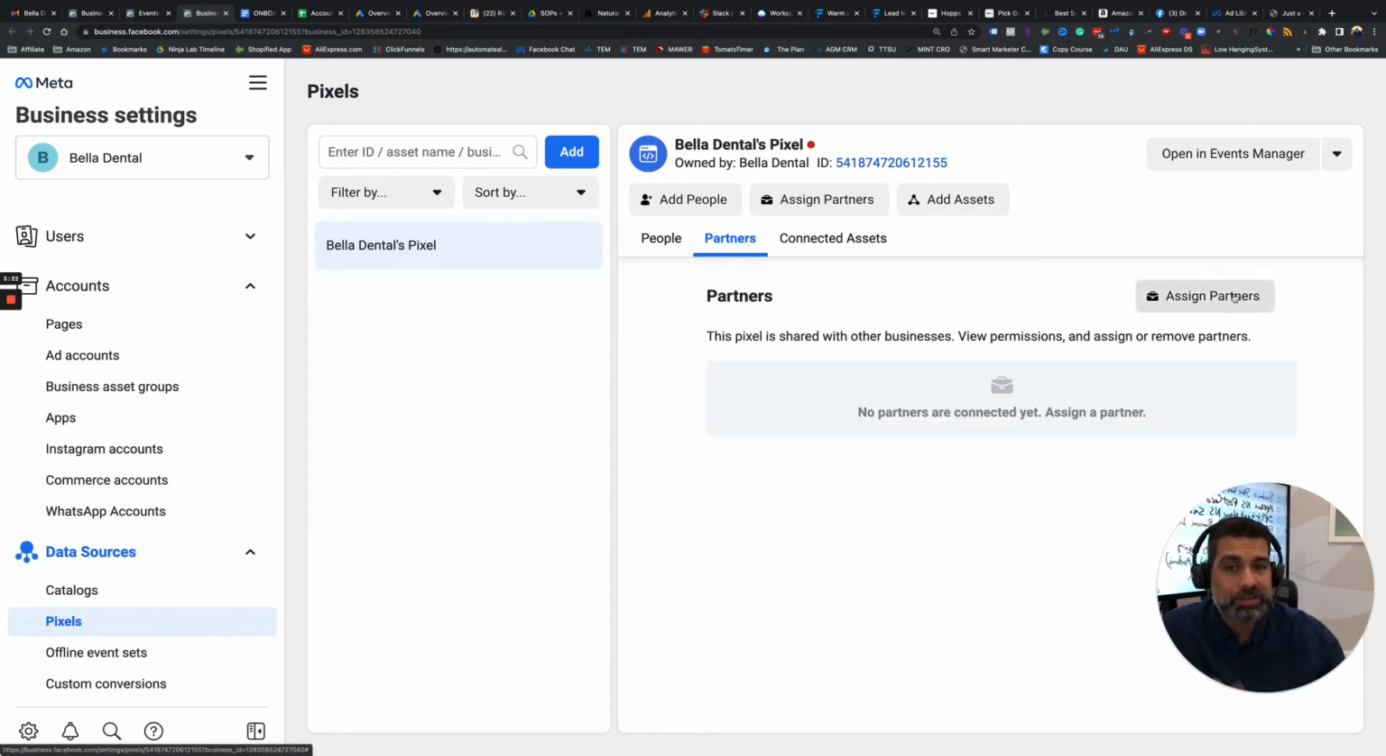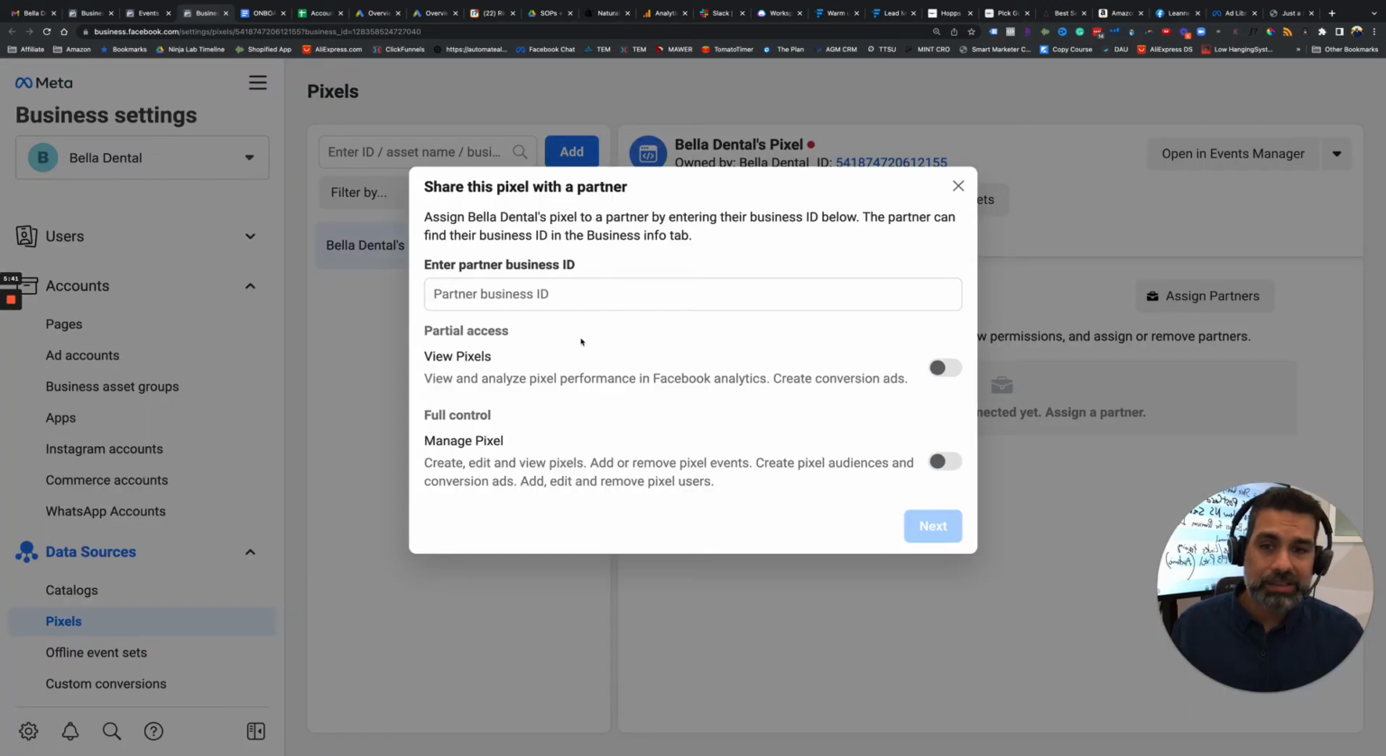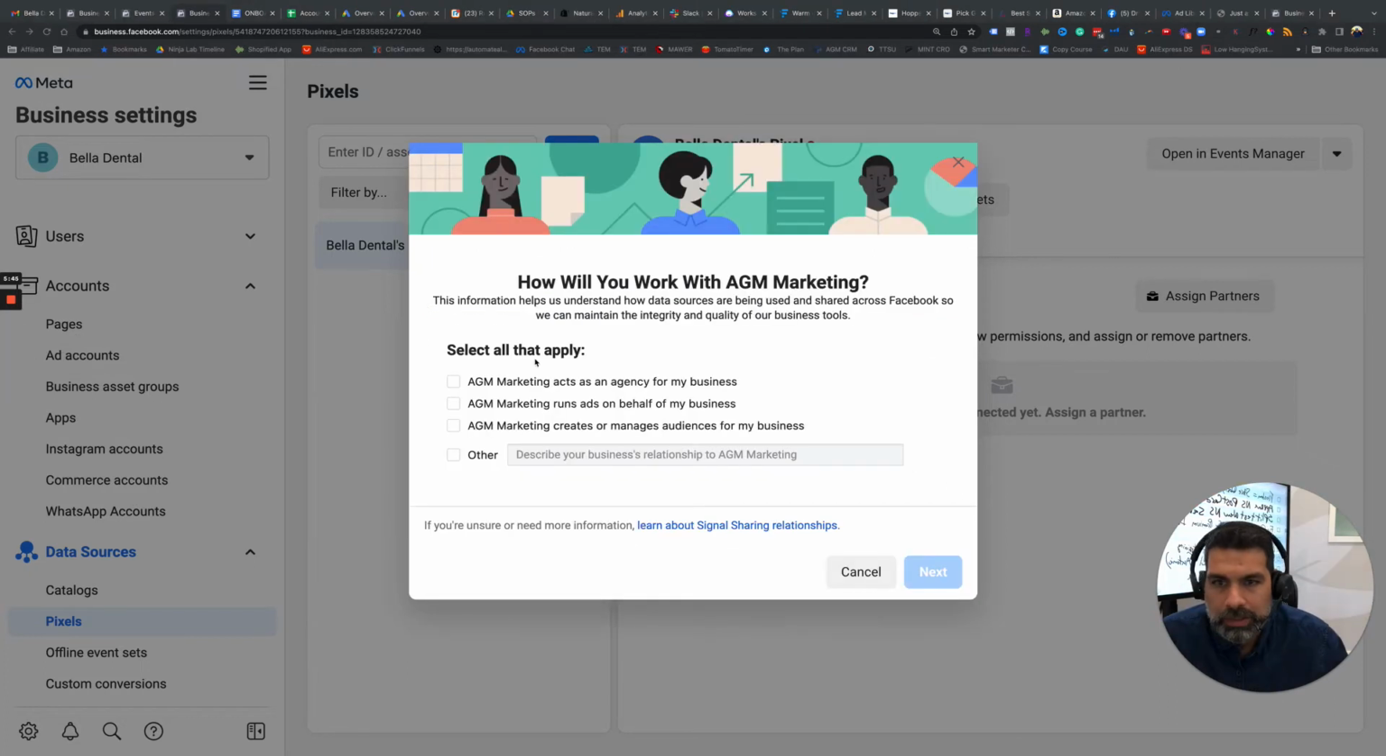So that's another business that has a business manager, such as an agency or somebody else, and you want to assign them partner access so that you don't have to add each person individually into your business manager here, right? You just share the access from one business manager to another, and you would assign the partner by using the business ID. So once you put your business ID number in and you click next, you want to see,